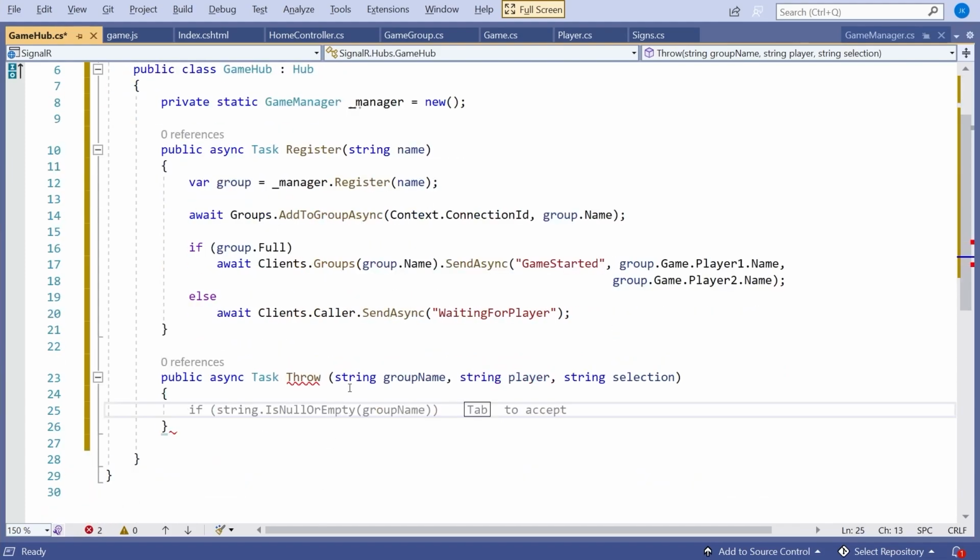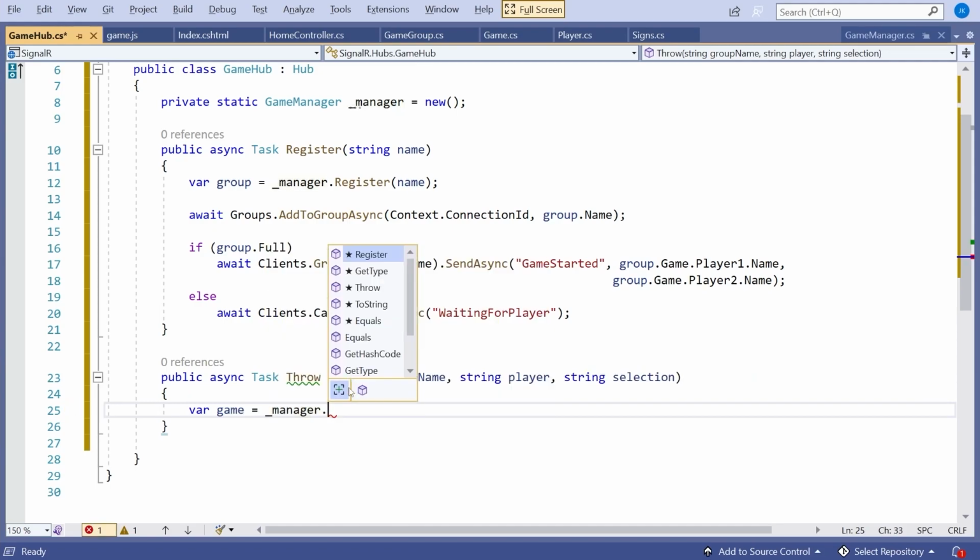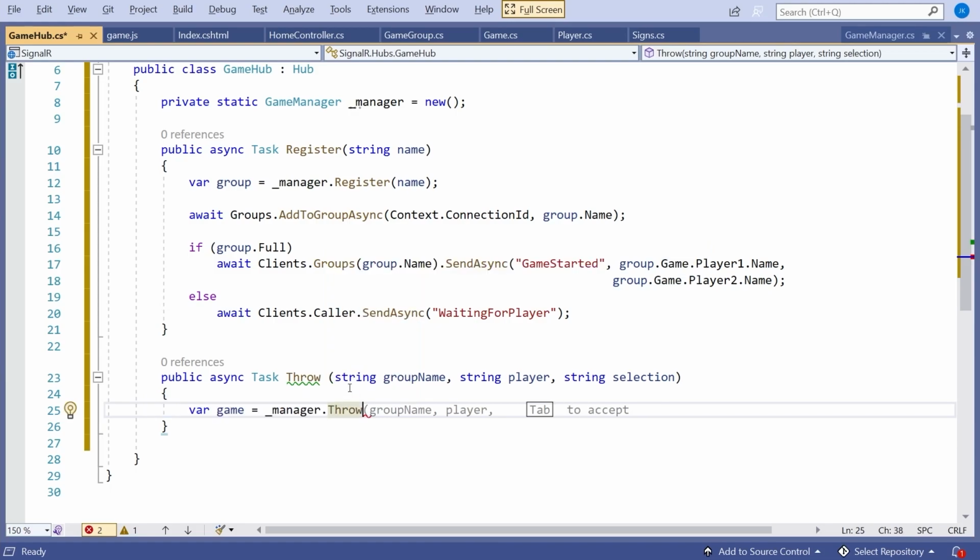So we're saying which game is this a part of, which player within the game, what is the actual move they've made. And then what we're going to do, we need to get hold of the game. So we say var game equals, again, _manager, and then we do a .Throw and pass in all of that information. So we're going to do groupName and we're going to do player. And then we have a slight problem with the selection: you can see the selection is coming in as a string, but we want it as the enum Sign.